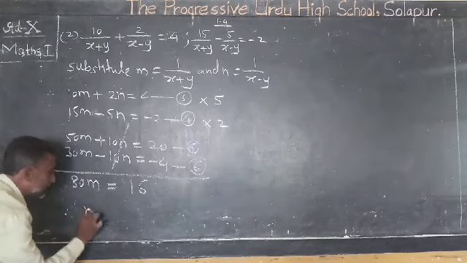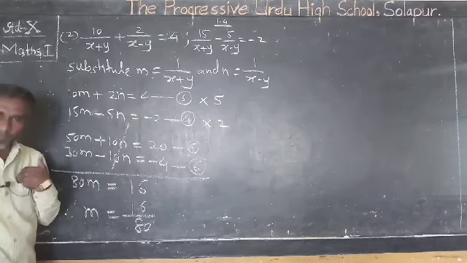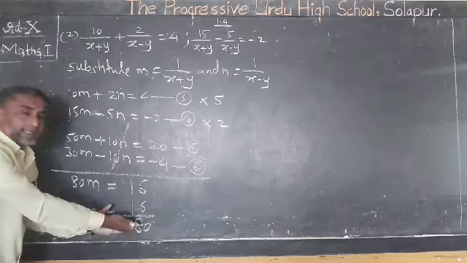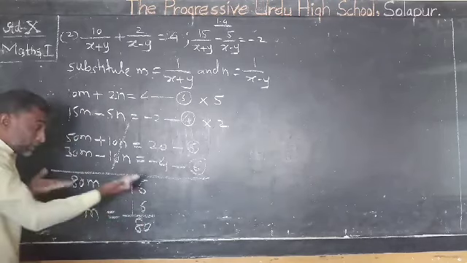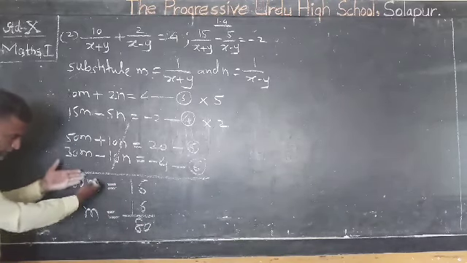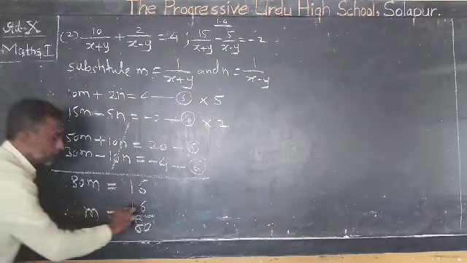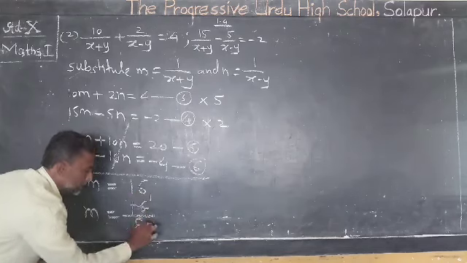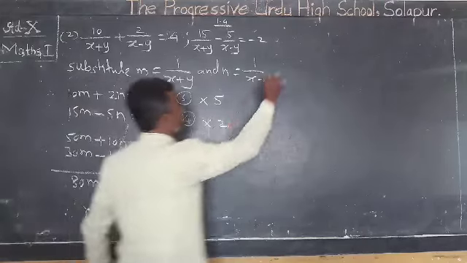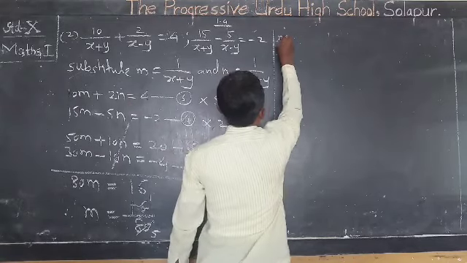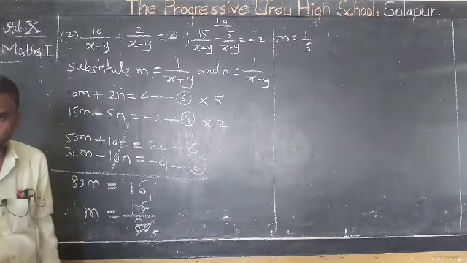But generally, we write like this 16 upon 80. For our convenience, we say that take it to right hand side, it will go in denominator. But it doesn't go to denominator. Dividing both sides by 80 will vanish, m will remain. In the right hand side also, you should divide it by 80. Now, 16 ones are 16, 16 5s are 80. So, value of m is equal to 1 upon 5. Therefore, m is equal to 1 upon 5. We got the value of first variable.